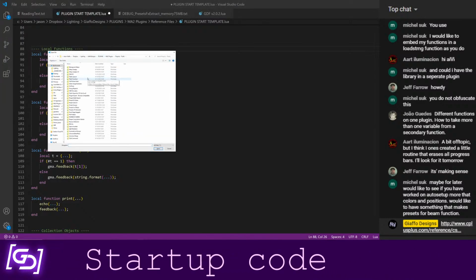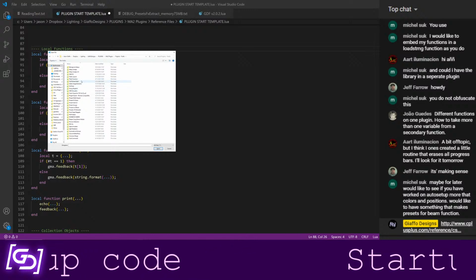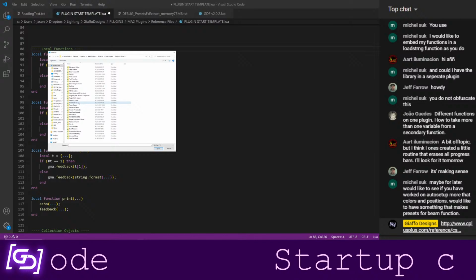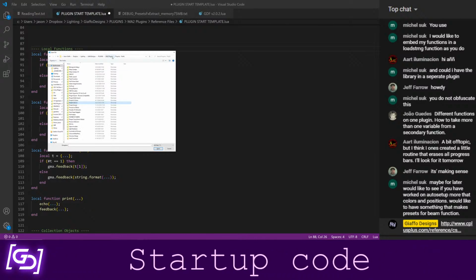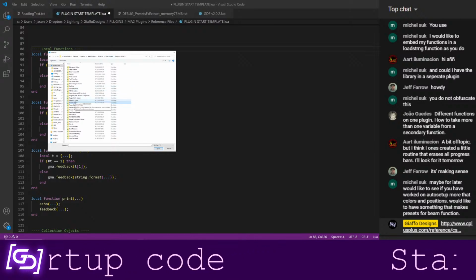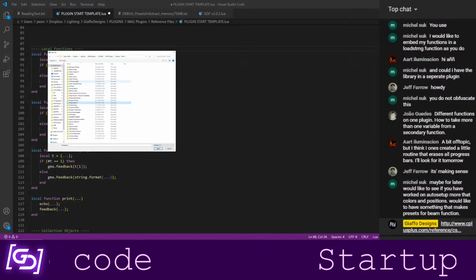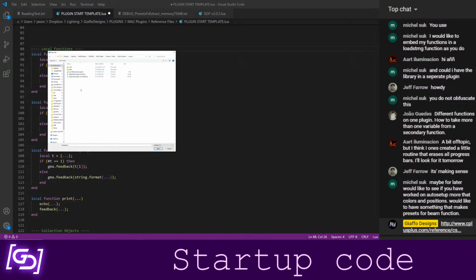So let's go into, what would be a good one? Where's our preset grid? Maybe this one's got something in it. Actually, you know what? Flash function, there we go.